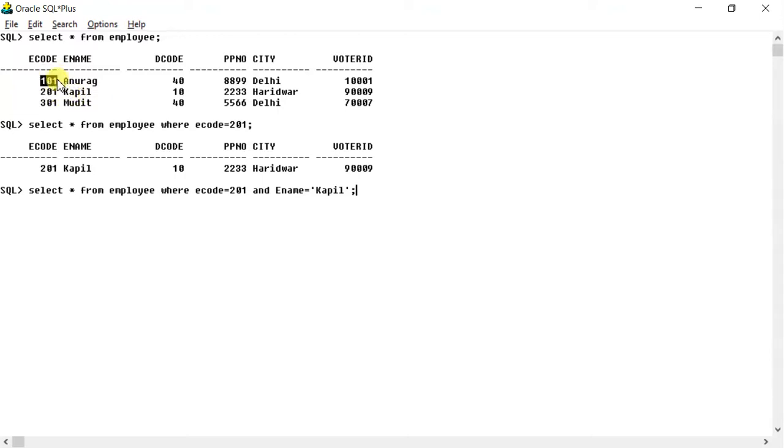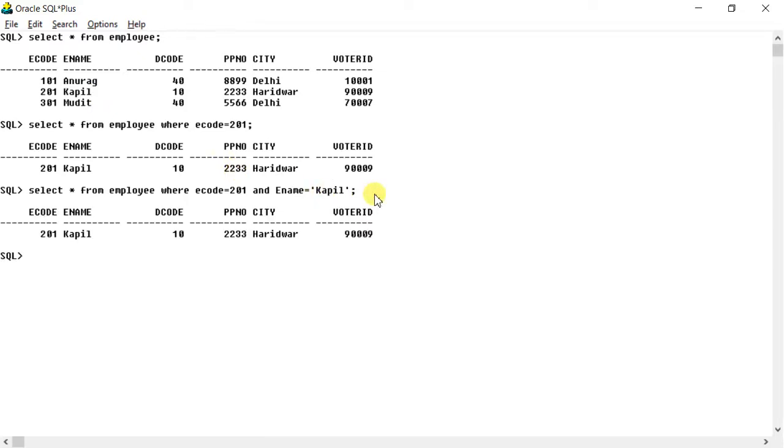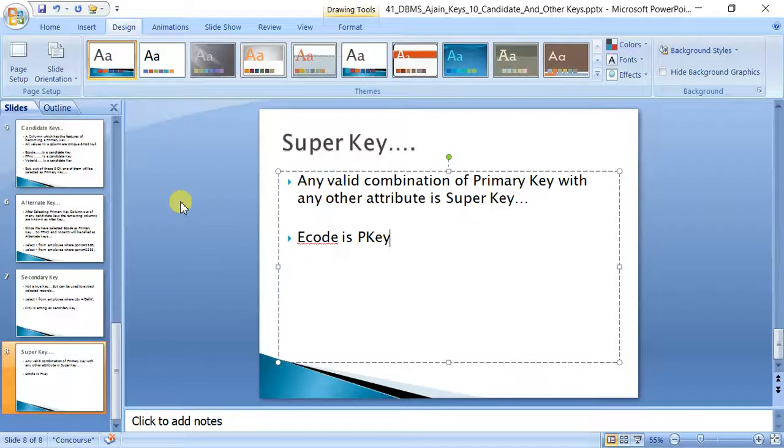Although only e code will help us out, we are still giving some additional information, and the same record will be displayed. So it means the next super key of this table is e code comma ename, which is also a super key.